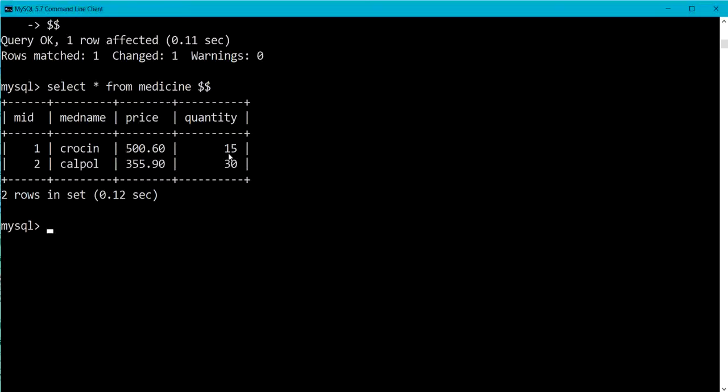Now the trigger is automatically activated and we get a new order of medicine Crocin in the new order table. Let me check in new order. Select star from new order.